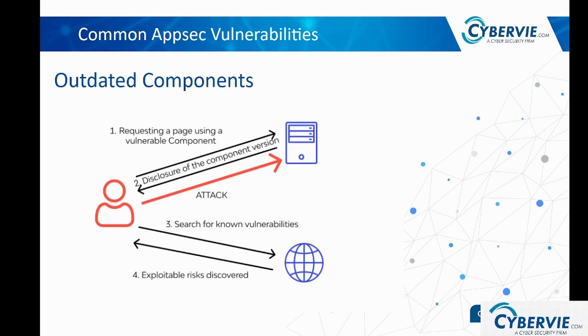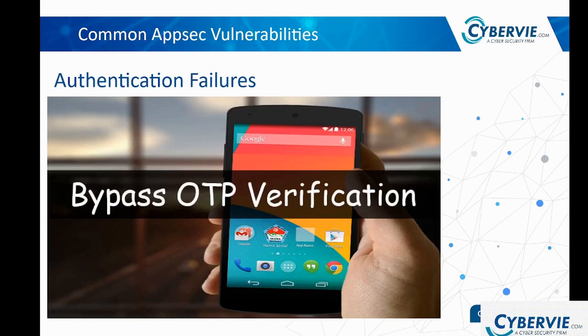The next vulnerability you need to know about is outdated components. This involves using an outdated or vulnerable instance of any software, libraries, or dependencies which are not regularly updated. They can contain security vulnerabilities which can be exploited. Last is authentication failure, which involves vulnerabilities in the authentication mechanism, allowing an attacker to bypass authentication procedures like login, multi-factor authentication, OTPs, even password reset, leading to a full compromise of user accounts and systems.